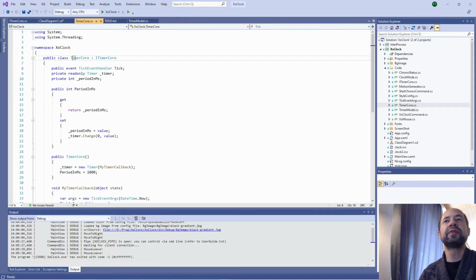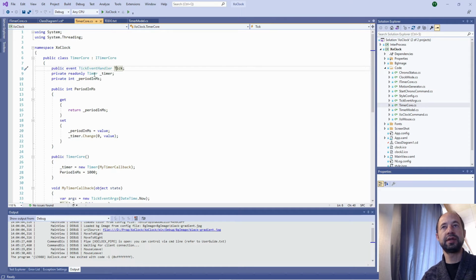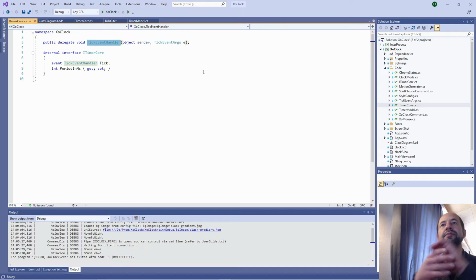So the timer core is exposing the event handler tick, and the user of this timer core should register to the tick. So in fact, the main window is being notified through an event. Little subtlety, tick event handler: in fact, there is a little issue here.